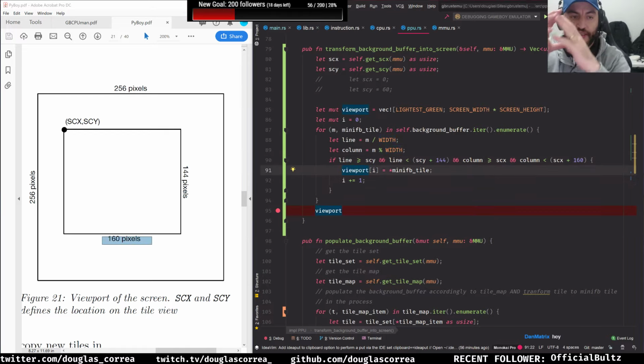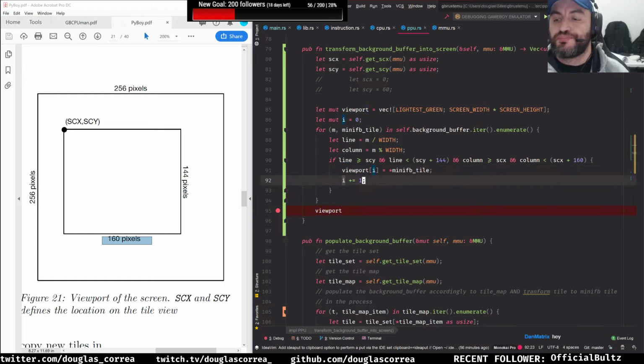Then if that's the case, we put that inside our viewport,